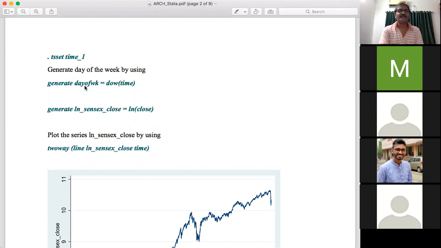The full form is day of the week, is equal to dow. DOW, in short form, it is called dow. Full form, it is day of the week. Within bracket, time.